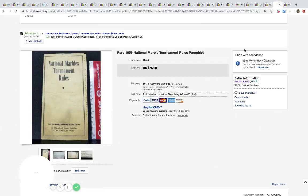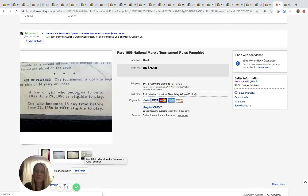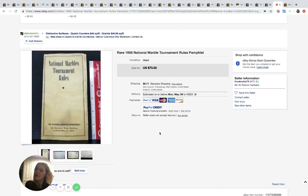And the last item is this National Marble Tournament Rules pamphlet. How cool is this? This came from an antique store. He paid $1 for it, and he took a best offer of 60. Some people love their marbles. So there's something that is definitely thinking outside of the box that he made great money on. Major BOLO. Okay, so let's go into...